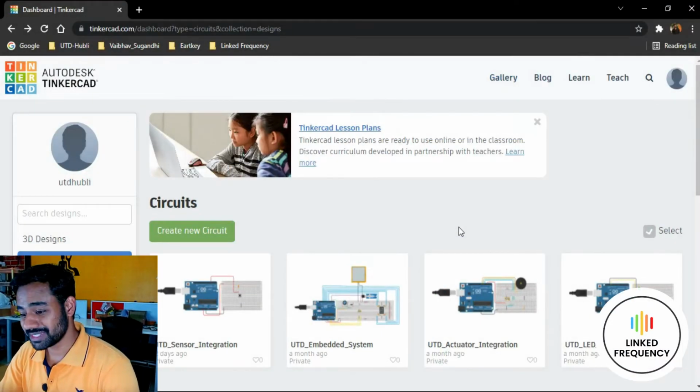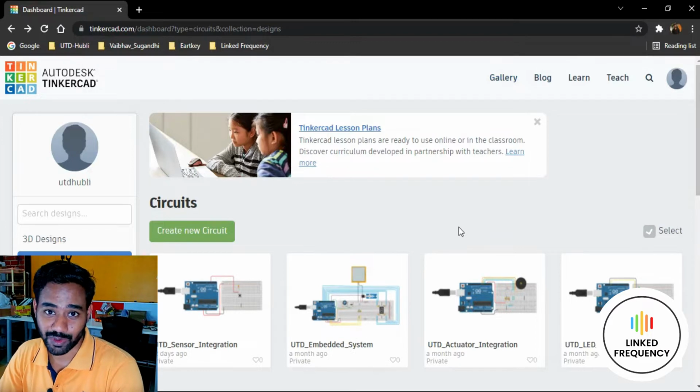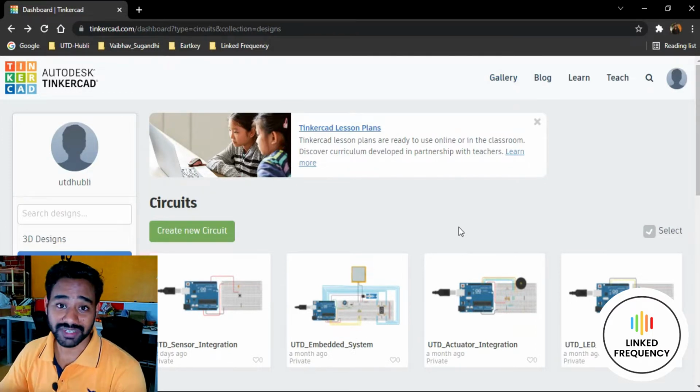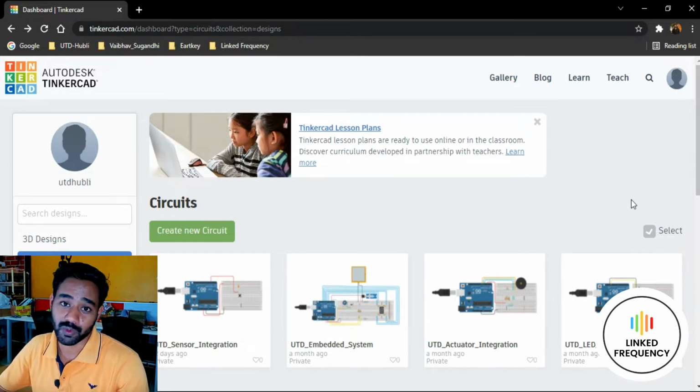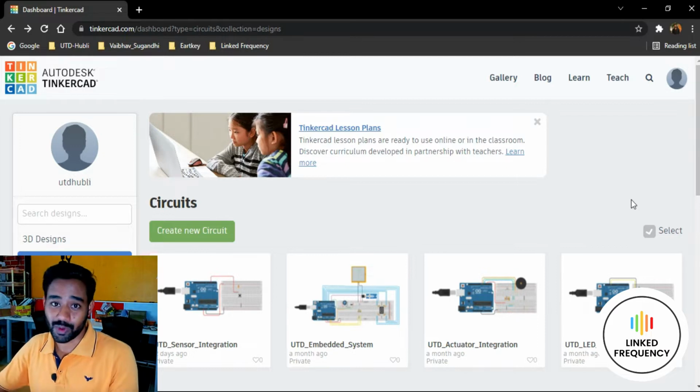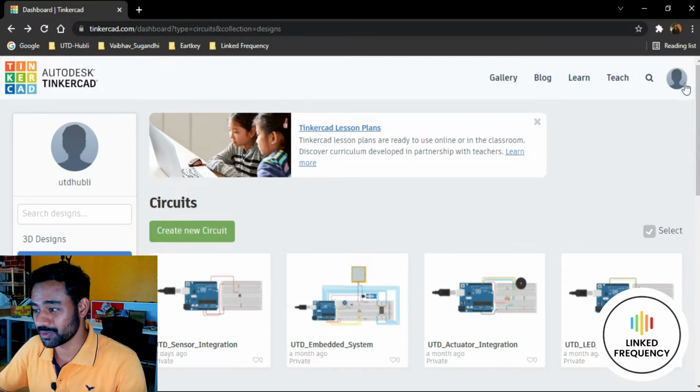Alright, we are on this platform called tinkercad.com. I believe that you guys already know how to sign into this platform and also how to get into this section called circuits. I also believe that you watched the previous tutorial where I showed how to sign up for this platform and come to this section called circuits.